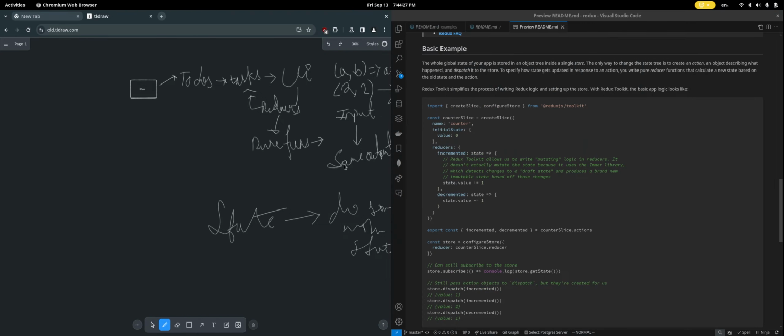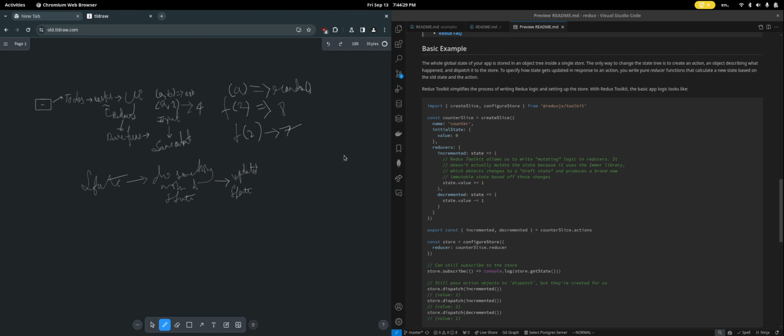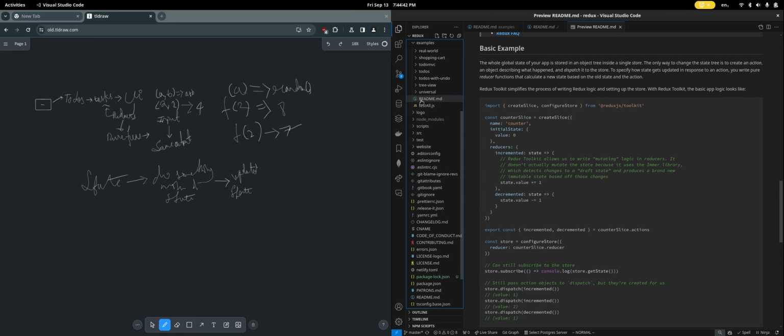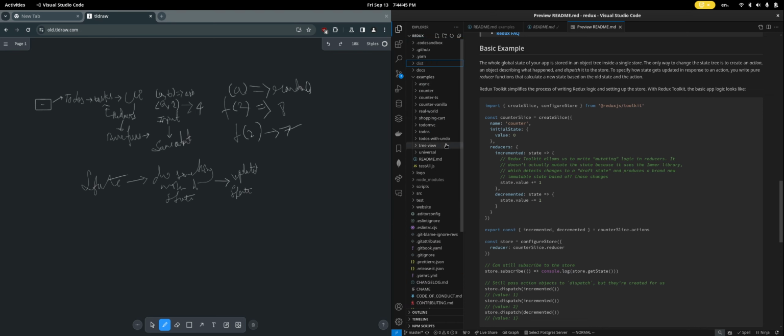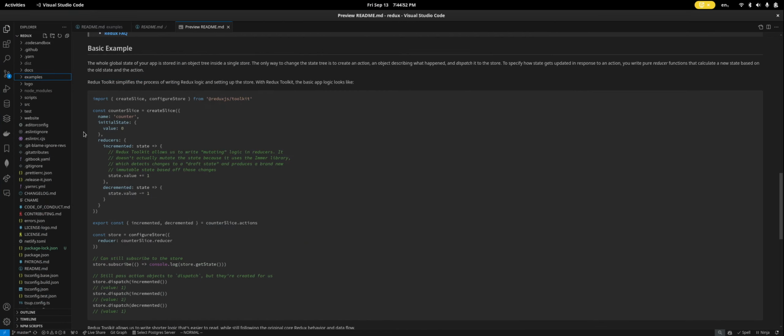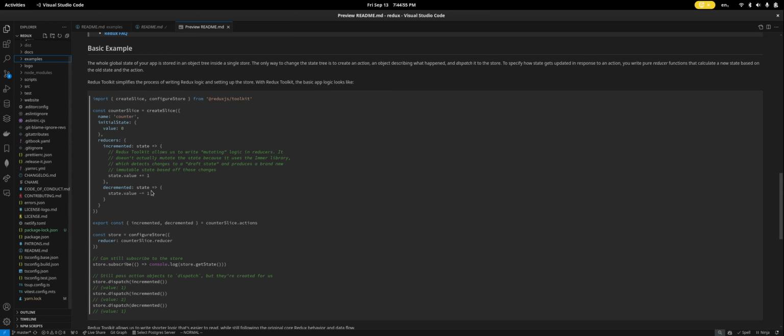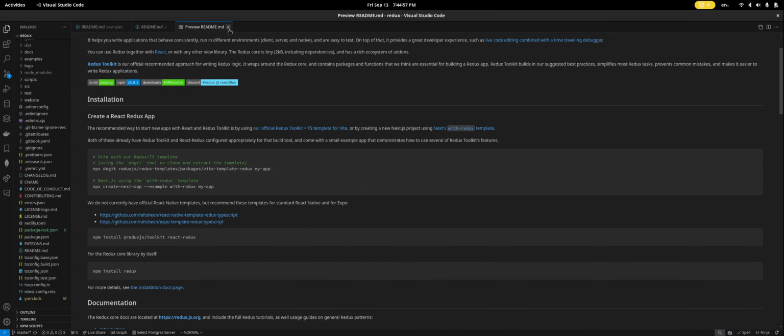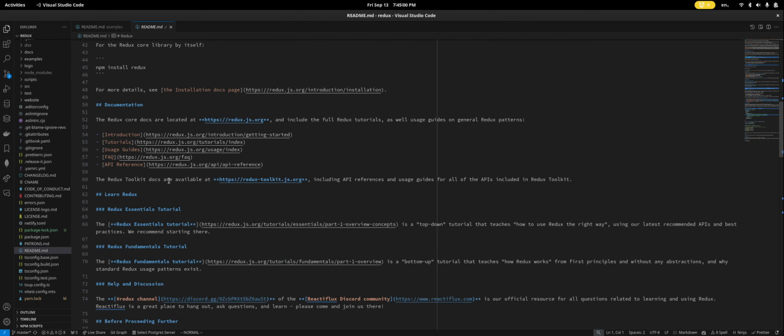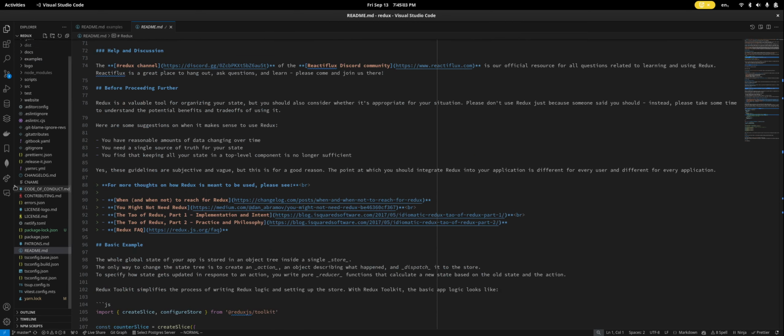So this is all already explained in the documentation, but we are here to explore Redux at a lower level. I have skimmed through the documentation, but I really don't know how to use it. So the thing I would do is, to be honest, I'm thinking of doing something like